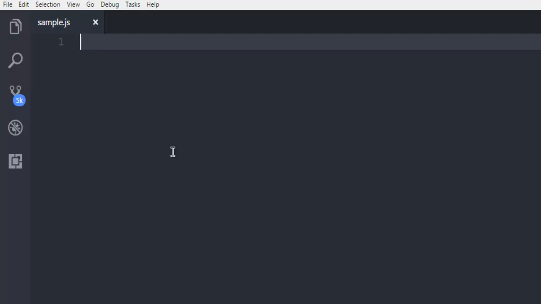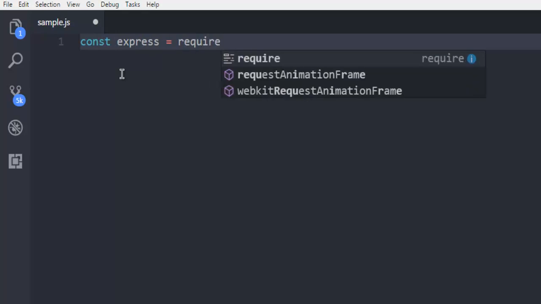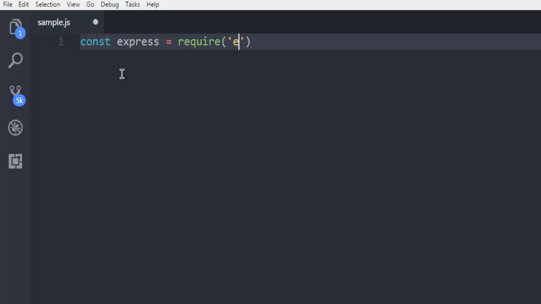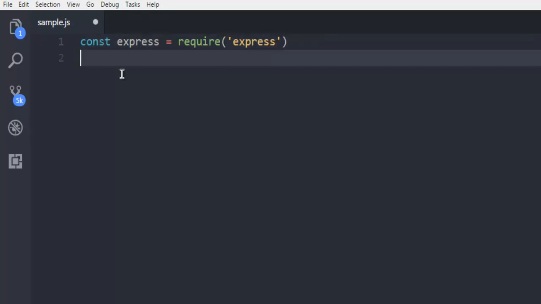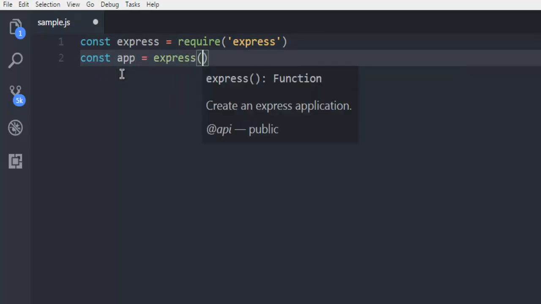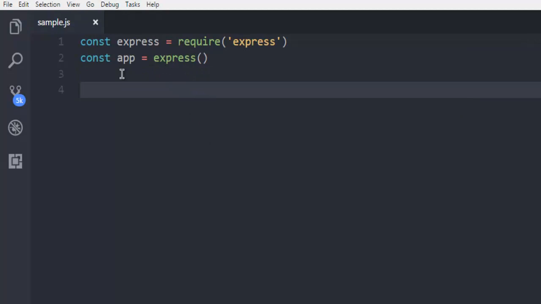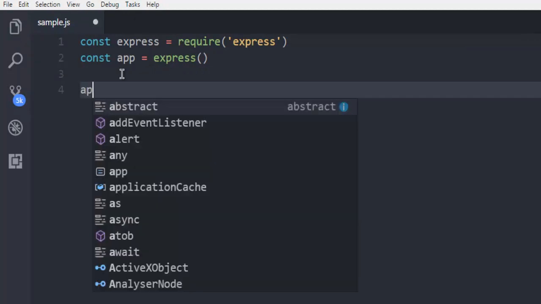So first thing, open Visual Studio Code or any other IDE. I have also created one sample.js file. Now here I'm going to first create a constant, name it express, then call require, and then call express. Next thing, another constant to make is app, and that will call the express class. After that, I'm going to create